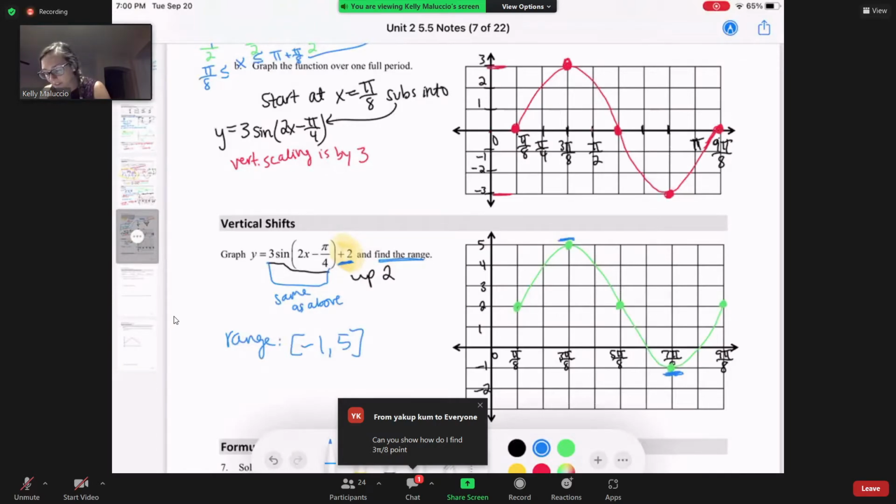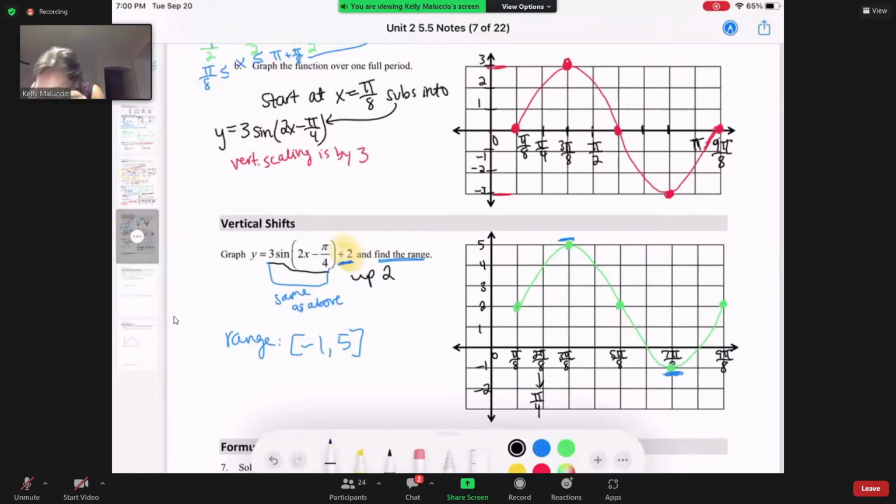And somebody said, how do you find the 3 pi over 8 point? Well, for that, I knew that if you're looking at these, this is 2 pi over 8, right? But this is also pi over 4. So I just knew that,